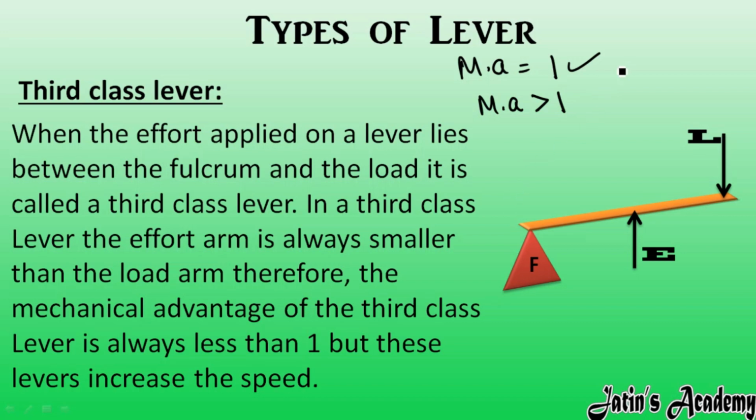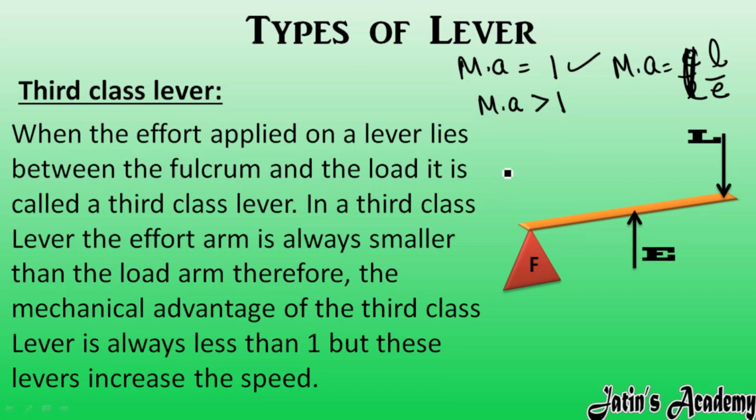What do you mean by this? Actually, mechanical advantage means load over effort. Mechanical advantage greater than 1 means whatever effort or force we apply on a simple machine, in return the machine shows us more force on the load. So mechanical advantage greater than 1 means the simple machine shows more and more force in order to move or lift the object, okay?